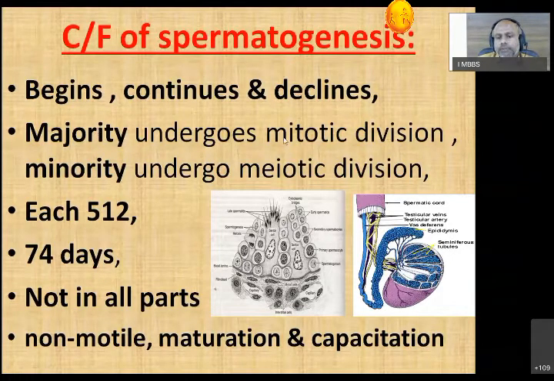The majority of spermatogonia undergo mitotic division. This is the basic germ cell. One spermatogonium will form near about 64, or 32, spermatogonia by mitotic division, and only one undergoes differentiation. The other 31 are kept as a reserved pool for further spermatogenesis. They form more and more spermatogonia by mitotic division. They are kept towards the basal lamina level. Only a single one out of these 32 undergoes primary spermatocyte formation.